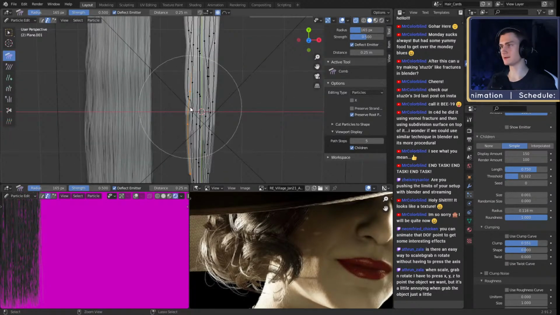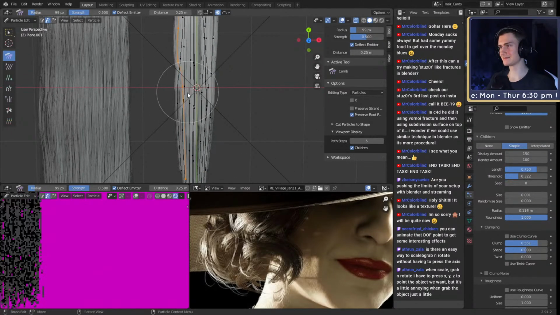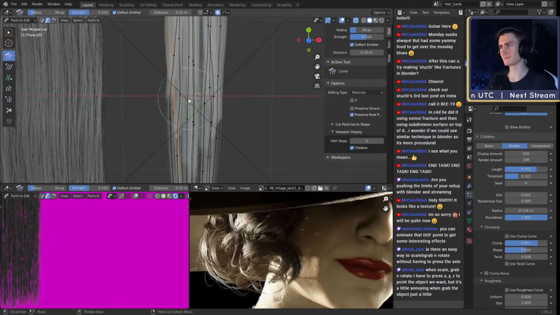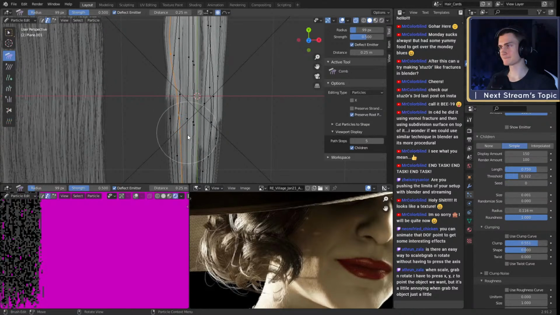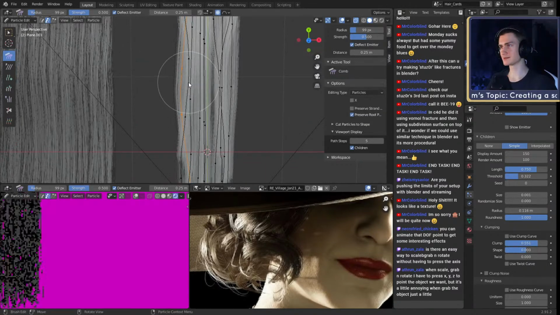That looks quite good. This is a weird shape right there. Can we adjust that? Okay, perfect. I think that looks quite okay. Doesn't look too bad.